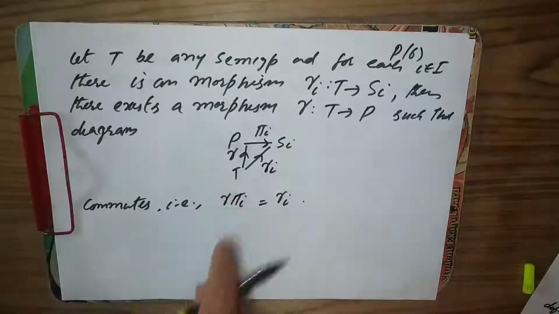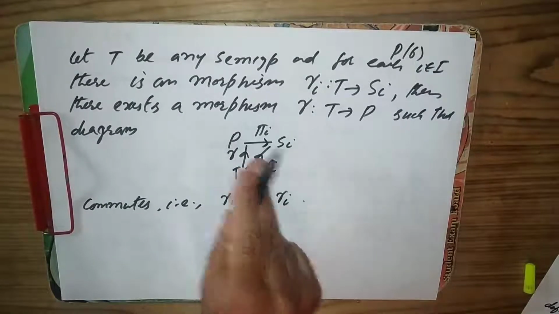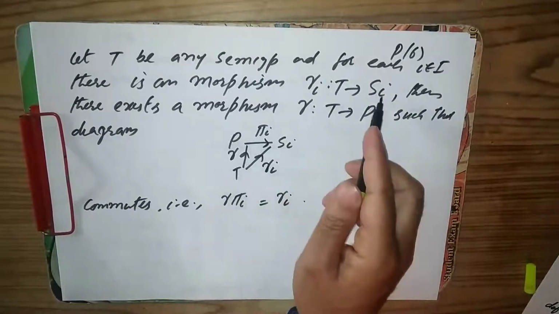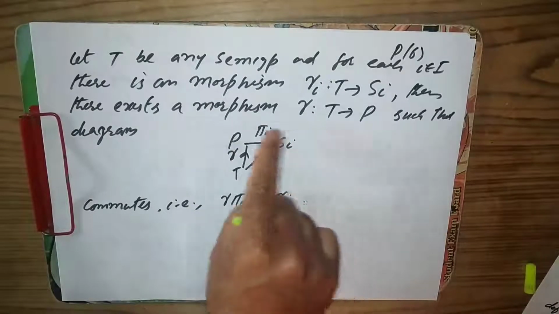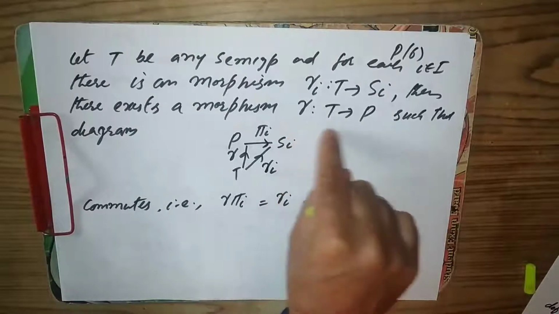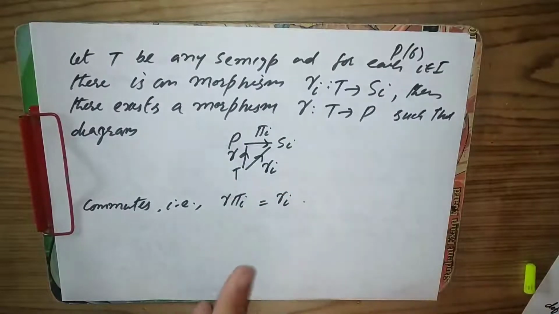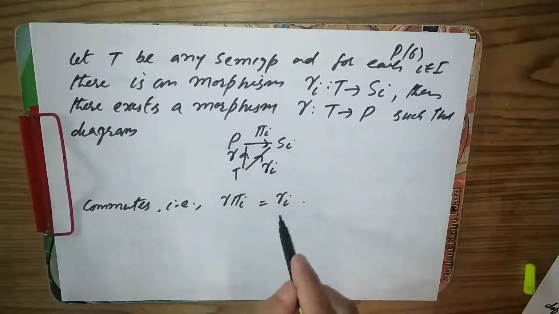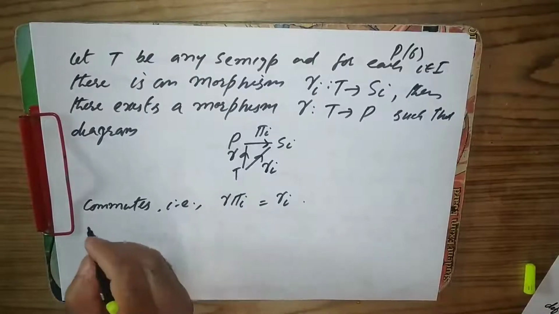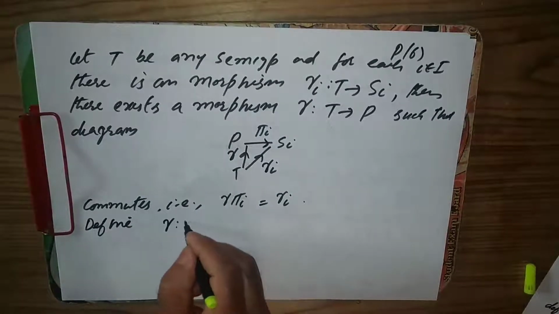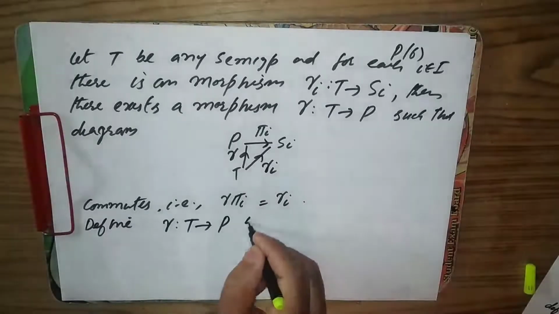So let's define this map. We have pi i given, they are already defined, and now we have other maps gamma i from T to Si. T is a semigroup. They are morphisms. Now we need to show that there should exist a morphism gamma from T to P such that this diagram commutes. This means the composition of gamma with pi i is the same as gamma i. So let's define this gamma. Define gamma from T to P by